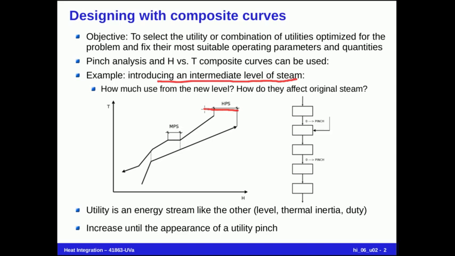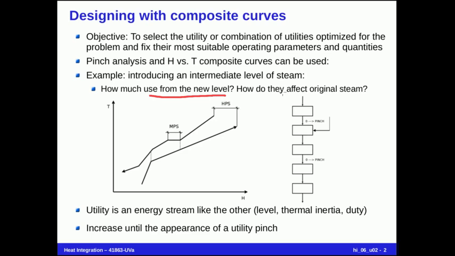Then we want to buy a new one and we are wondering if a two-level steam boiler will be better for our process. Then, how much steam from the new level can we use